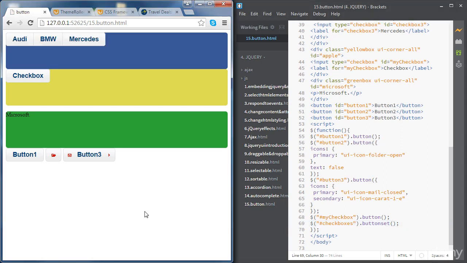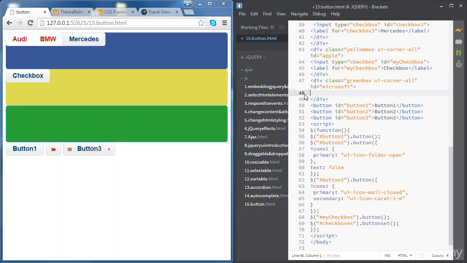Okay, so let's refresh the page, and now we can see our checkboxes there, so we can just check or uncheck any of them. We can see how the style changes. All right. Okay. Now we're going to go for radio buttons. They will work the same way as checkboxes, but let's just go for an example and show how it works. So we're going to create a form inside the Microsoft div. Just gonna get rid of the paragraph, and we're gonna create a form